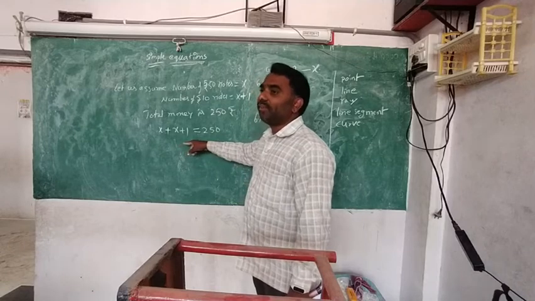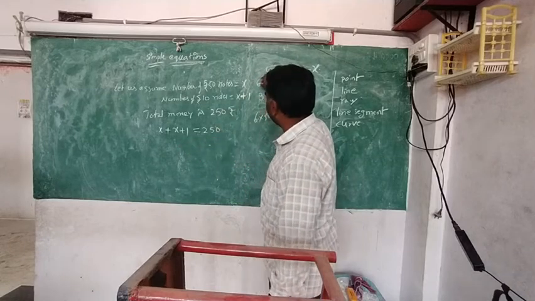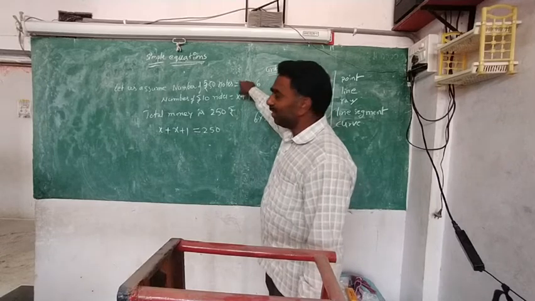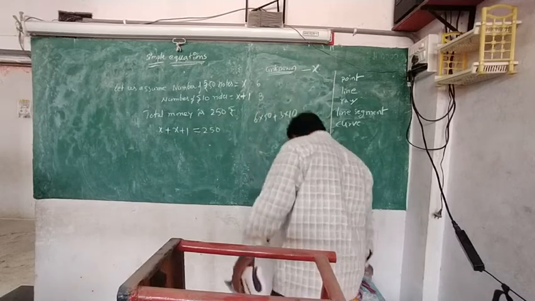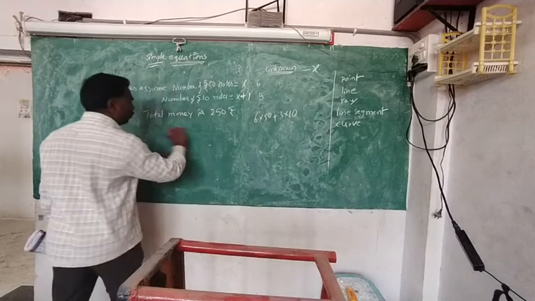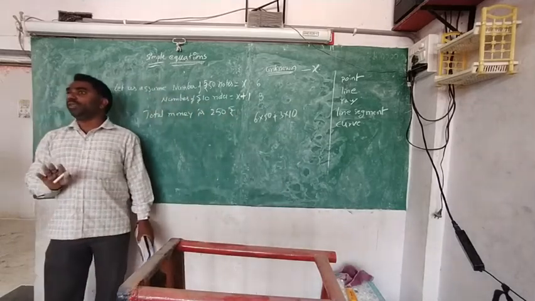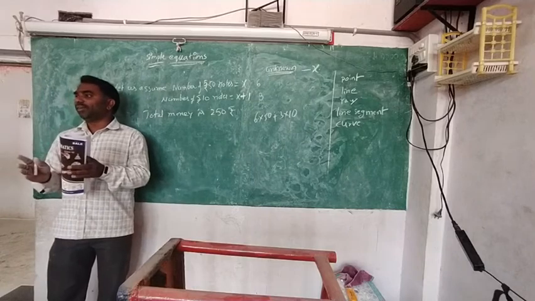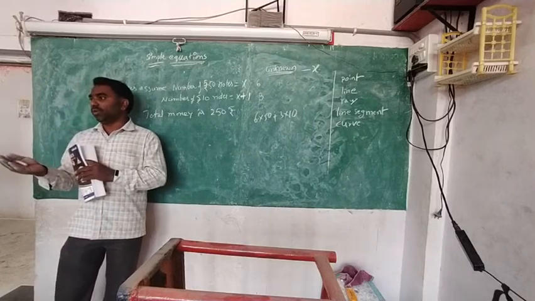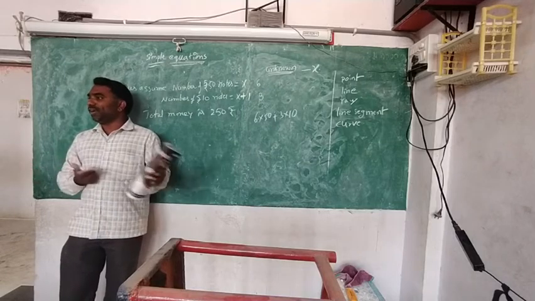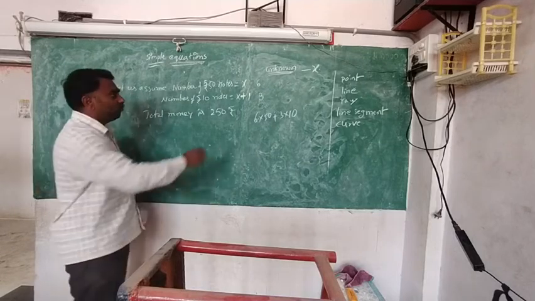X into 50. Very good. When the number is there, you did 6 into 50. So here, letter X into 50. When we analyze the question, that is very important. Total money means you are thinking of adding notes. Not like that. Money means something different. Total notes you can add like that, but total money is not total notes.